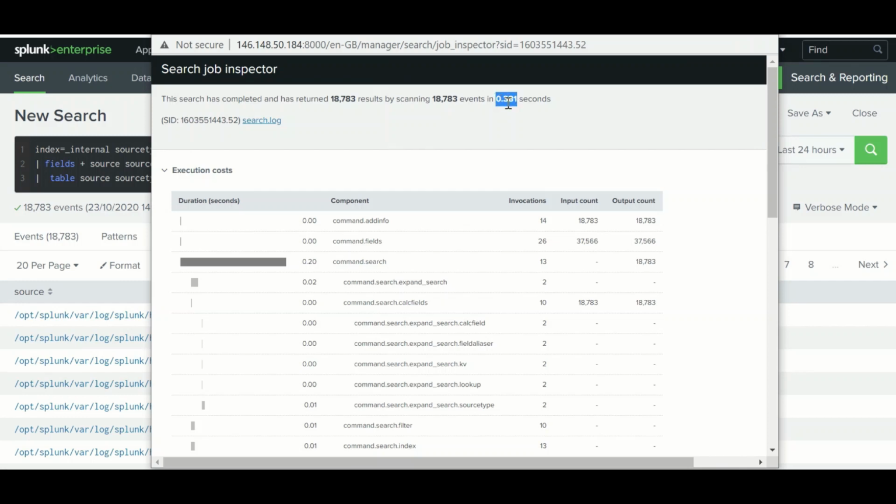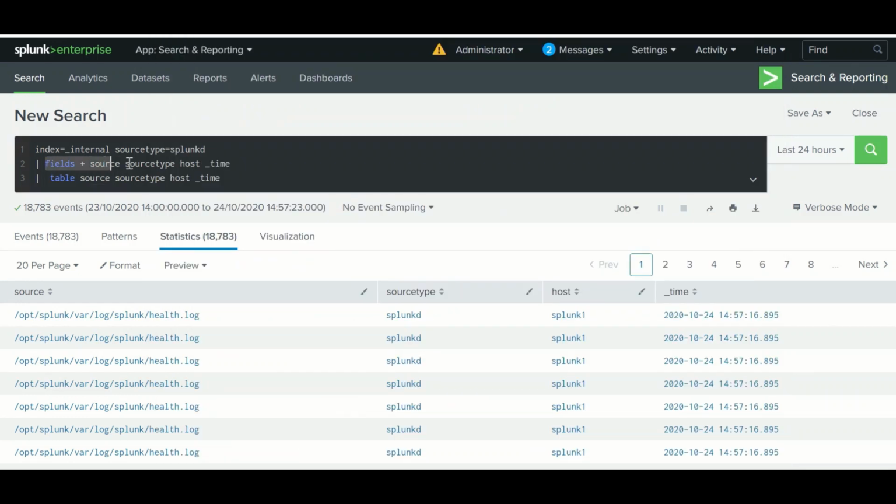So you can see the significant difference in performance. The number of events and processed events are the same, we have just filtered through the fields command, telling Splunk that after this I want to use only this field to perform the tabular operation.